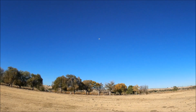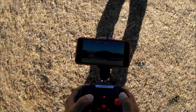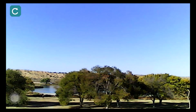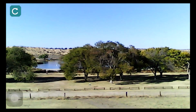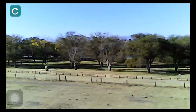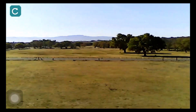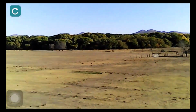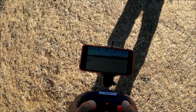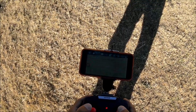Let me send it out forward so I can keep an eye on it. And there is the lake. All right, it is slowly drifting back is what it was. Very nice. Do a little pan. Beautiful day again. There it is, and let me go forward, pitching it forward here, and I believe we are